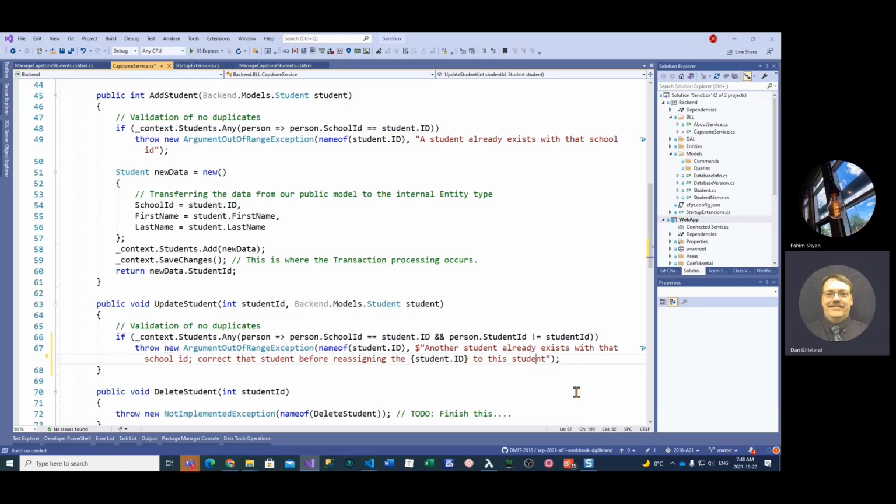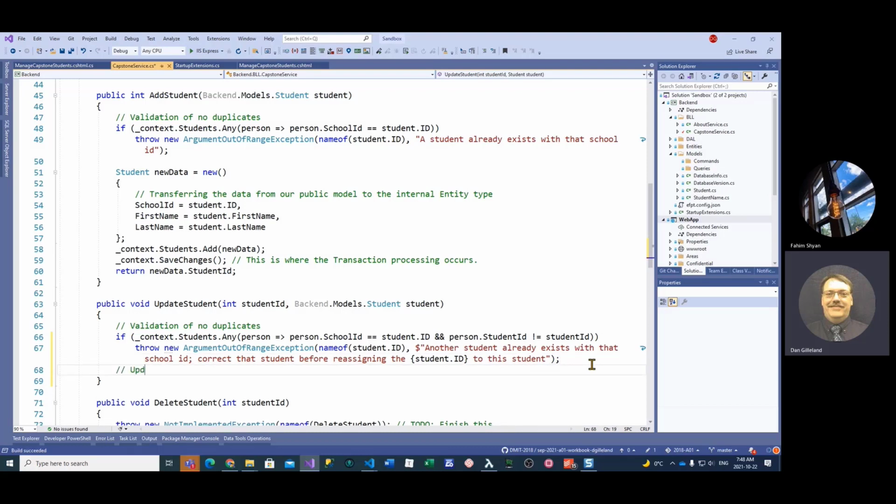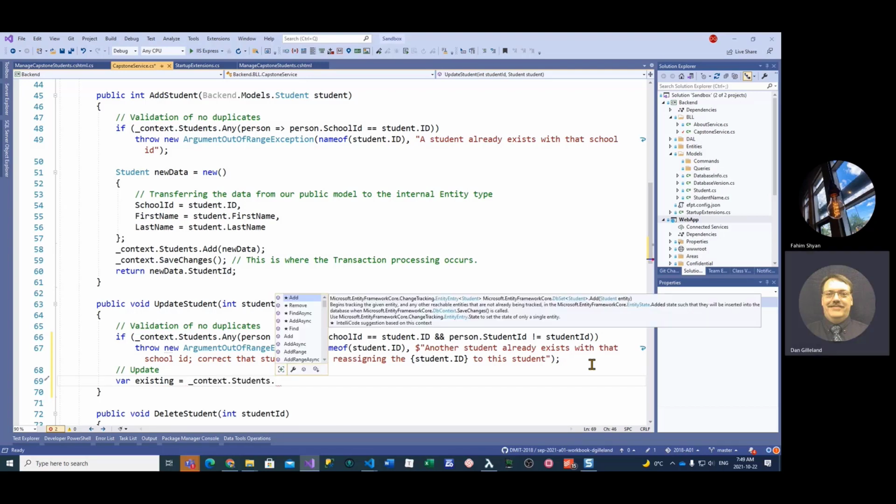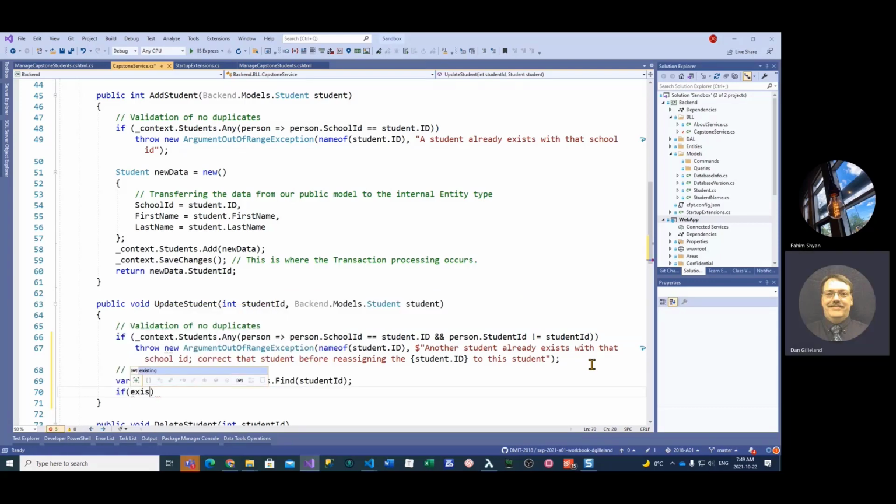Okay, and then other than that, what I really want to do is my update. So here's my update. First, I should find the student. Var existing is equal to the context of students, find the one with that student ID. And then if existing is null, actually, can I use that keyword is null? I think I can. It's a nicer way to do it. I'll throw new